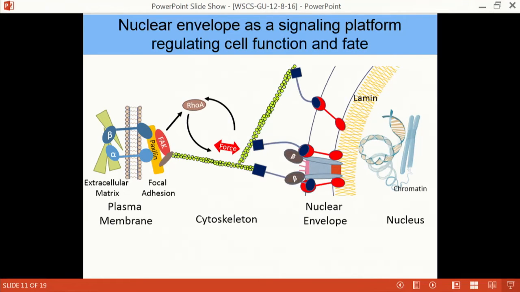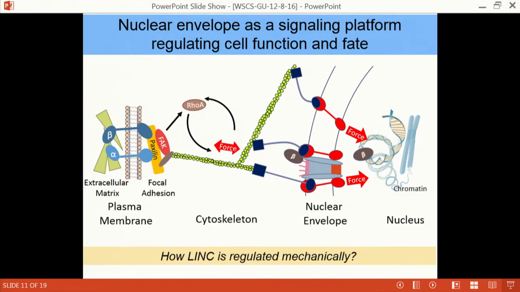And we have also shown that these LINC complexes are intimately connected with the nuclear pore complexes and may play a role in the beta-catenin inward transfer. And one of the things that I didn't show you, we also showed that in the absence of the lamin A/C network, LINC complexes can still exert forces on the chromatin and change the adipogenic commitment of mesenchymal stem cells.